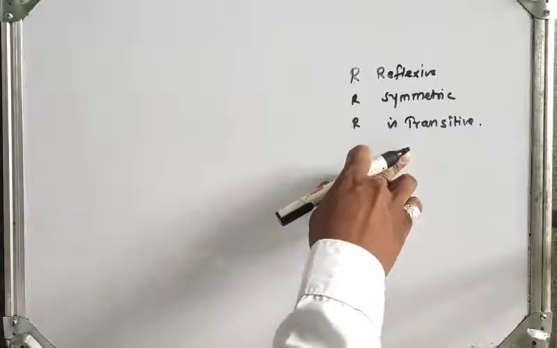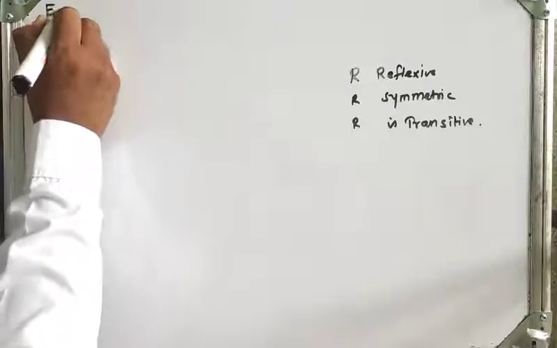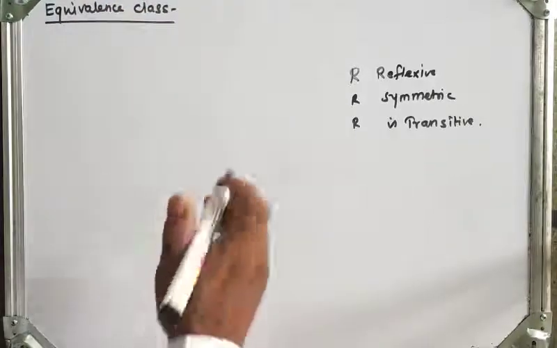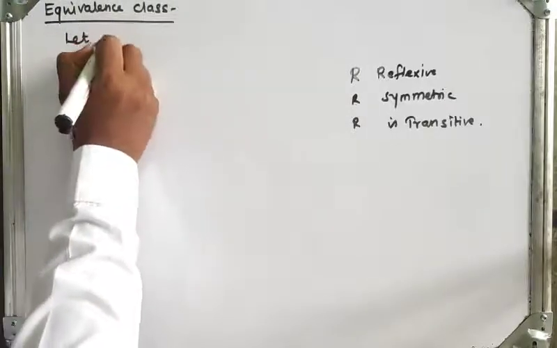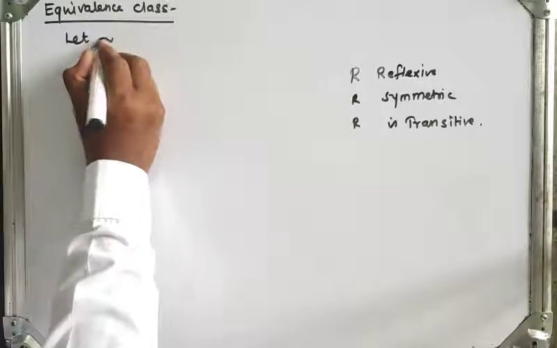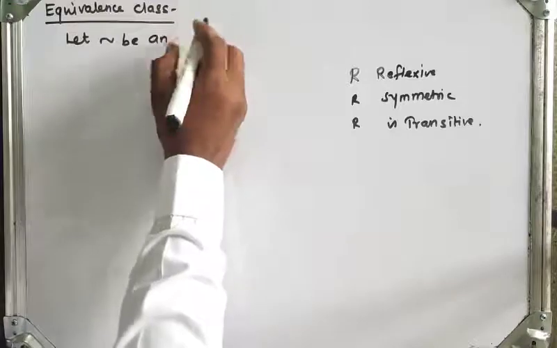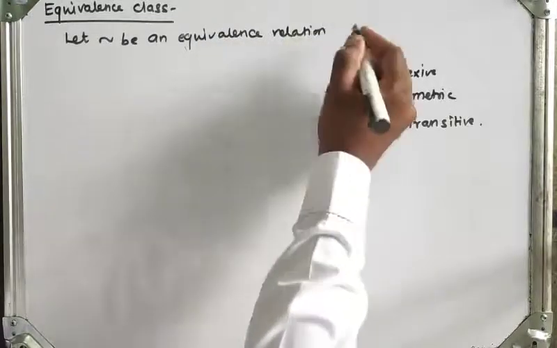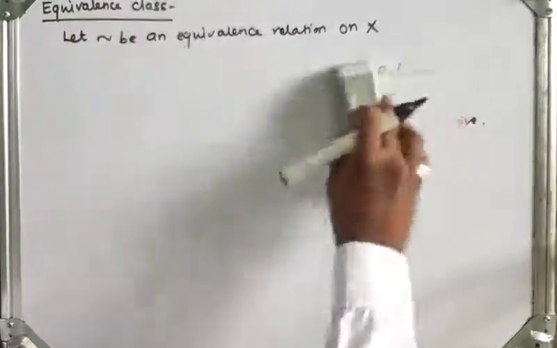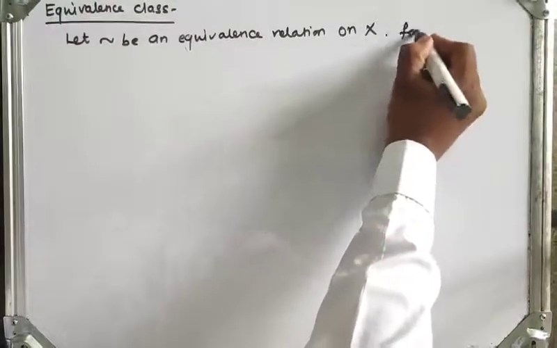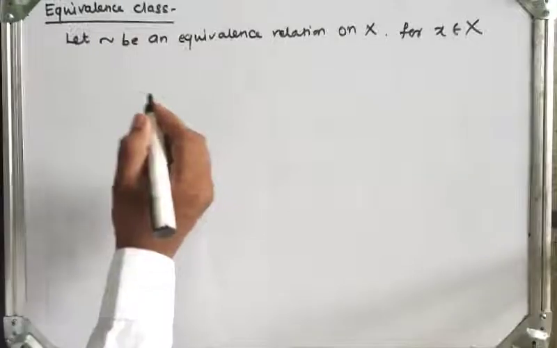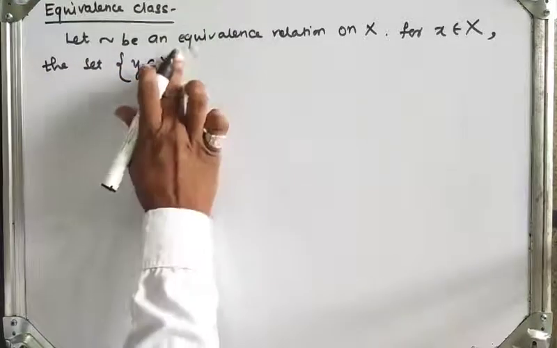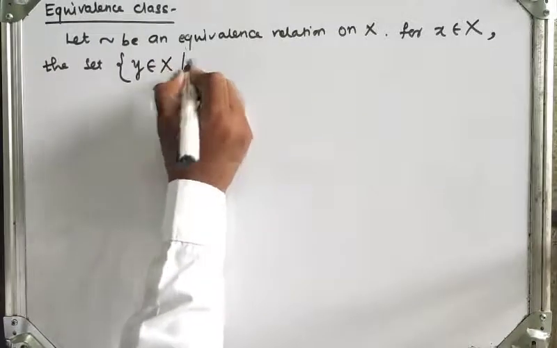Now next we will see the definition of equivalence class. The definition is: let tilde, this is the relation denoted by this sign, be an equivalence relation on set X. For x belongs to set X, the set of those y belonging to X such that x is